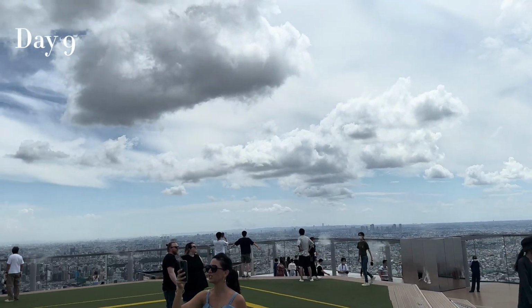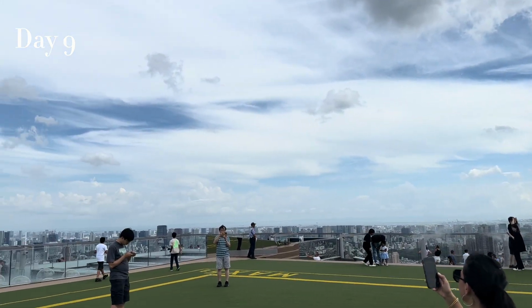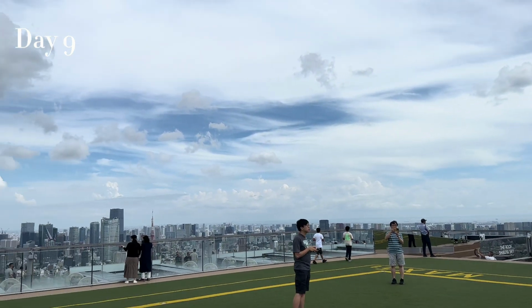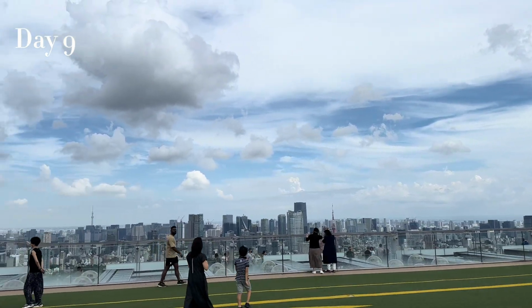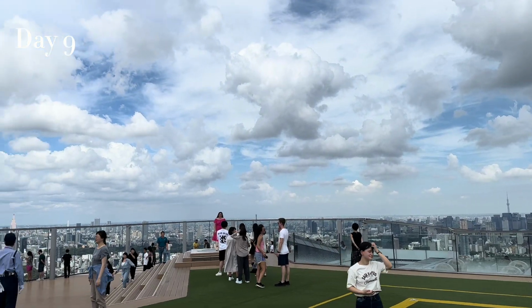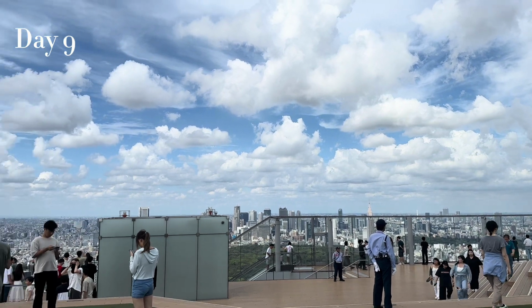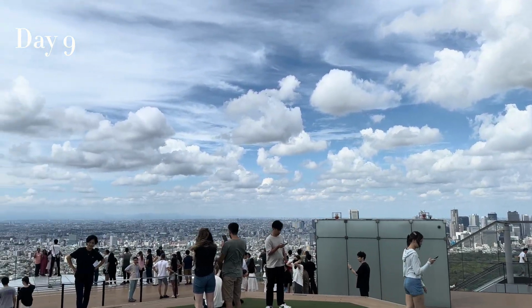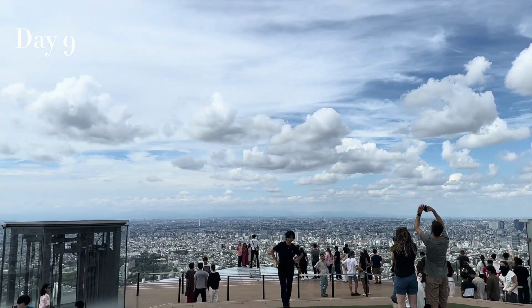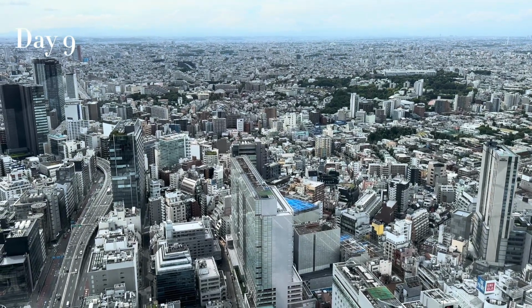We did not book early enough to get the sunset time, you guys. I am not joking around when I say you really need to book these tickets in advance if you want a good time. So book it nice and early to get in there for sunset. Also make sure you bring some coins with you because you have to lock away all of your bags and umbrellas because they don't allow you to take any of that onto the deck with you. After you've enjoyed this fantastic view, you can enjoy some food anywhere in Shibuya and prepare for your final day